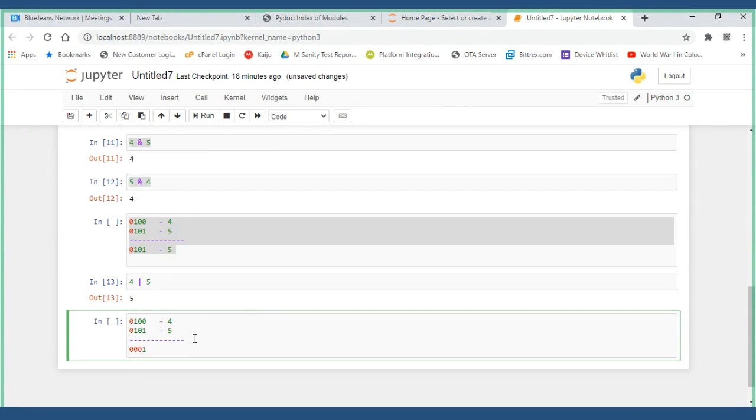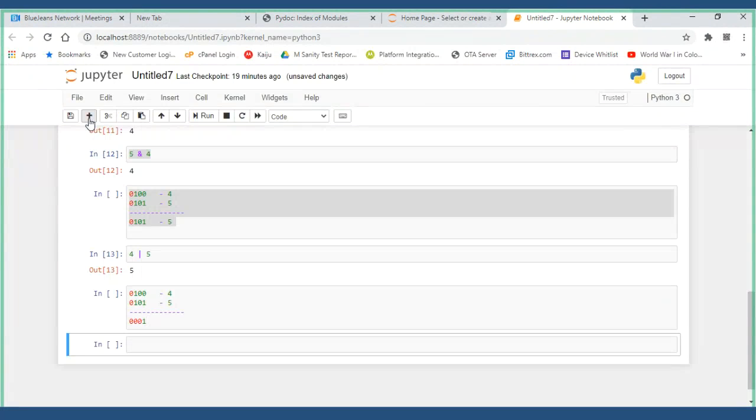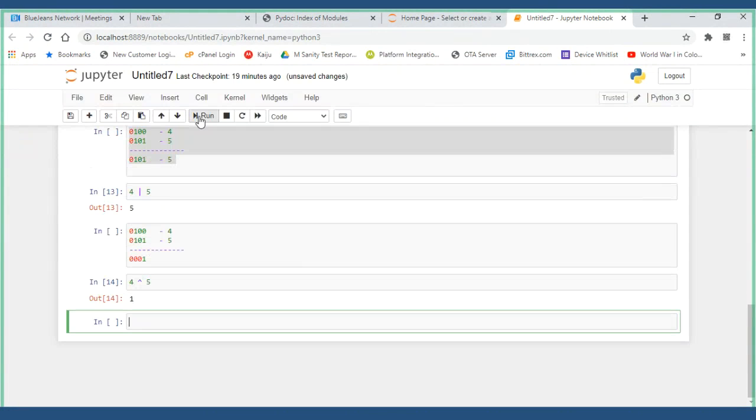Now let us see. I have 4, and I have the caret XOR, and I have 5. Let us run it. Correct, right?